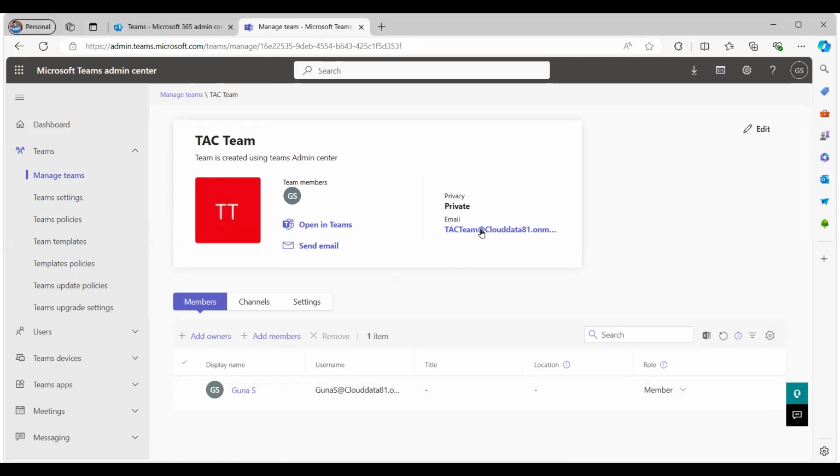So this is the email address of this team. Whenever you create a team, by default an email address also gets created. For that, you can send an email to this team. So these are the simple options that you see when you create a team in the Microsoft Teams Admin Center. You can also view that team